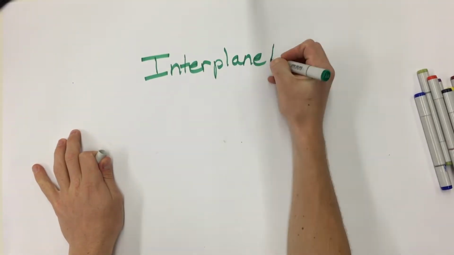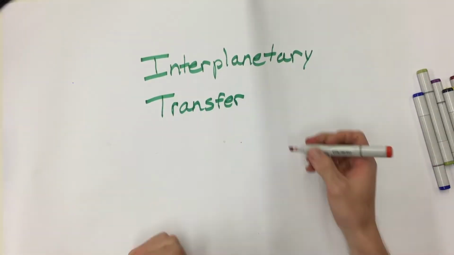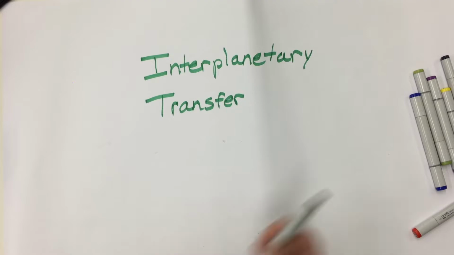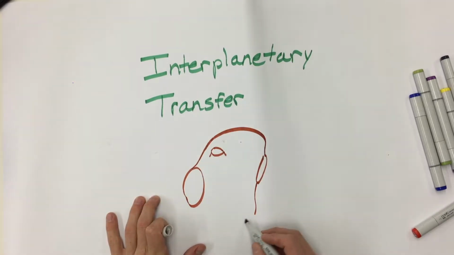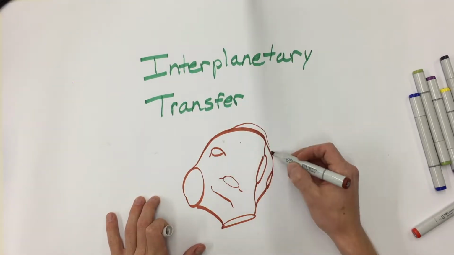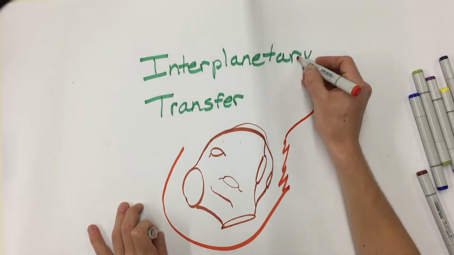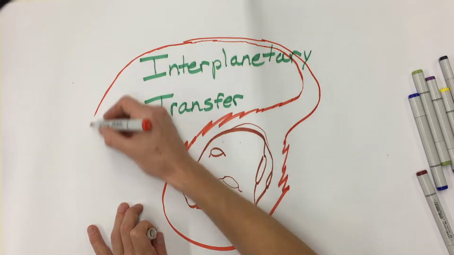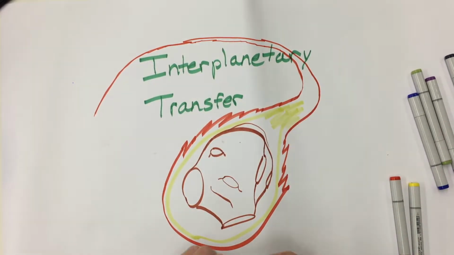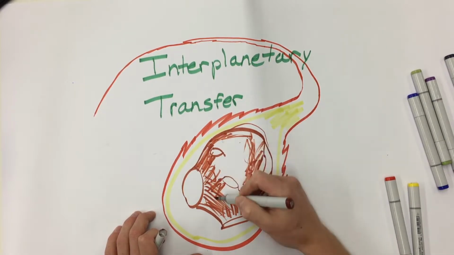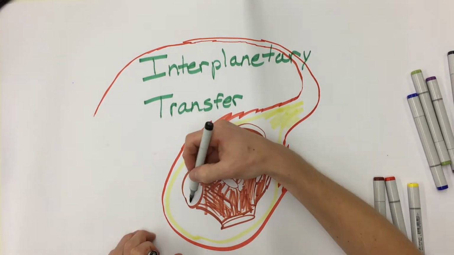Today we're going to talk about interplanetary transfer. This is basically the process of how material can go from one planet to the other. This defines a lot of how life on Earth originated, maybe through deposits from Mars. And in this video, we're going to look at how living organisms inside rocks could have